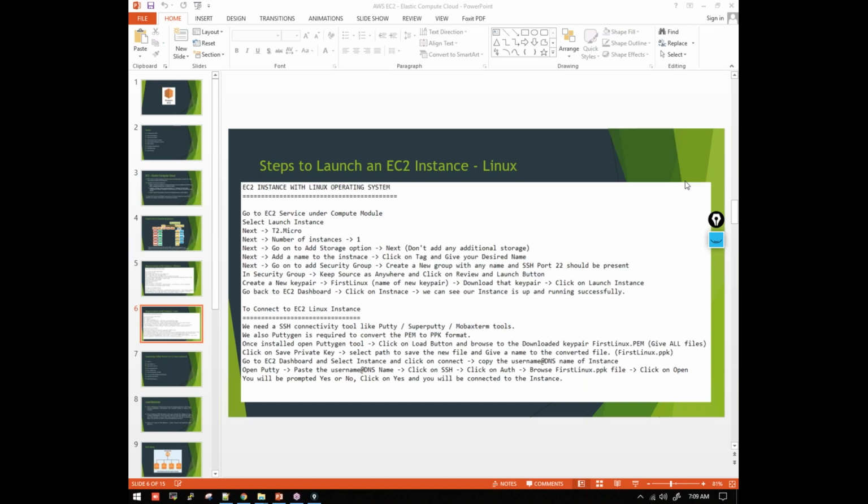So we were discussing how to launch an EC2 instance. While launching the instances, there is something called downloading the key. Yesterday we saw this, right?